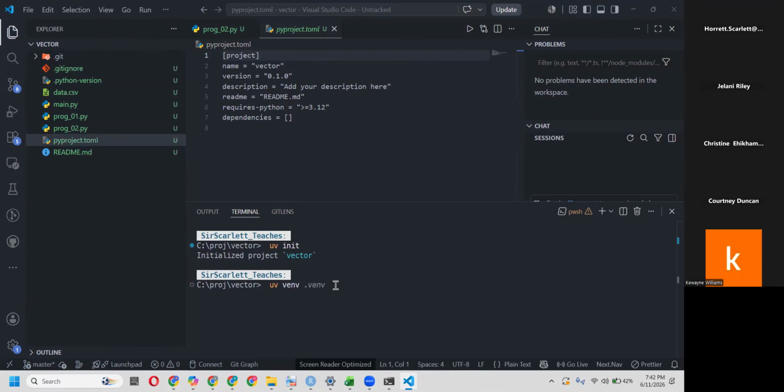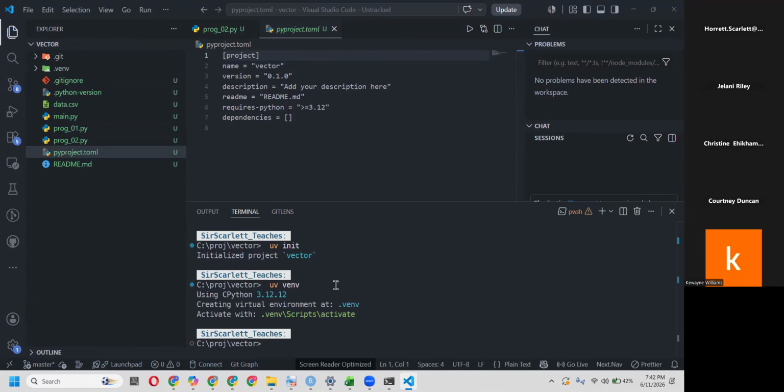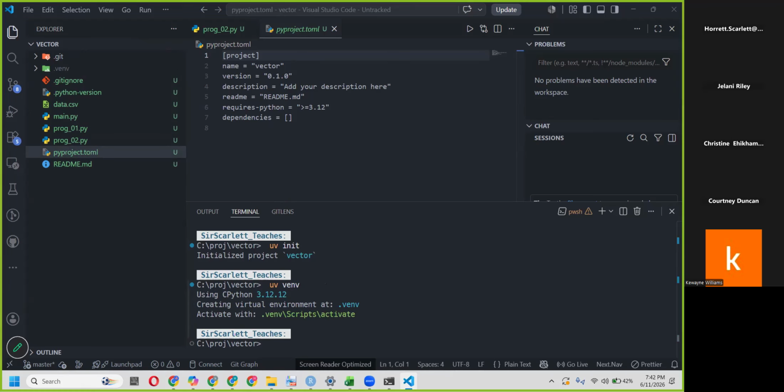And once we do that and press enter, then notice it says we have created a virtual environment. And it tells us what the default name of the virtual environment is. It's called .venv. And if we look inside our folder structure, you now notice that we have a .venv folder